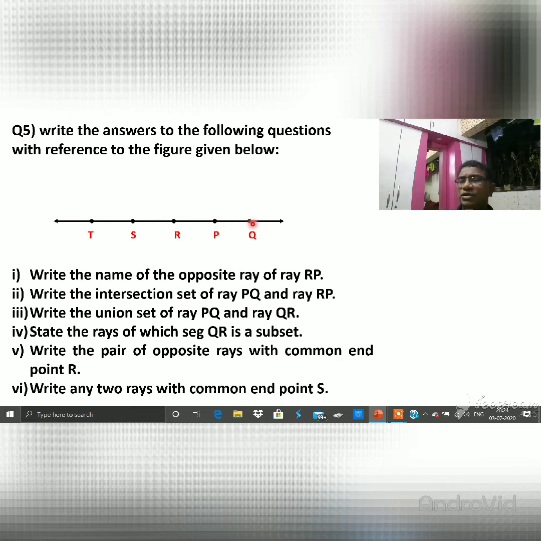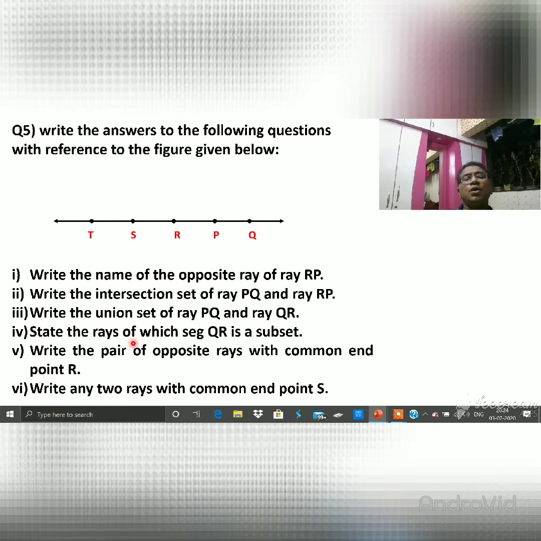Any doubts? In such a way, this line is the union set, because union means the combination of PQ and the combination of QR. So both get together. Here is their ray, so here is unlimited. This is also a ray, so here is unlimited. So the union becomes a line. The line is QR or line RQ. Then problem number 4.